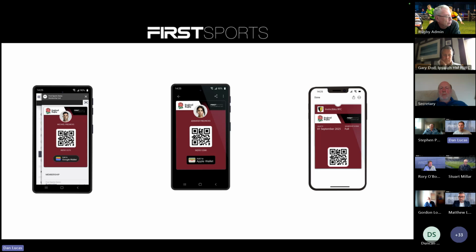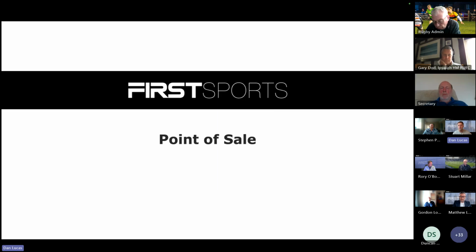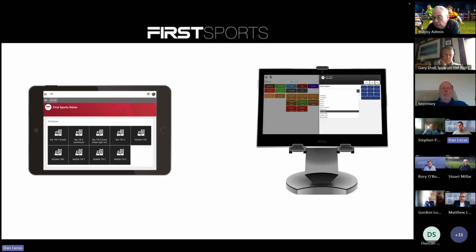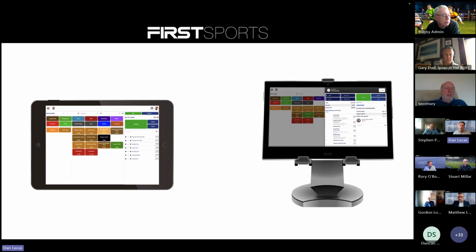So some clubs are currently using this for point of sale, which is an additional feature within GMS. So how this works is they will use their digital membership card and preload money onto their card, for example, and then use that to purchase products at the bar. And because they are using memberships in GMS also, they are then able to offer discounts to their members and so forth. A key thing to note on that is that if an individual doesn't pay for their membership or the membership has